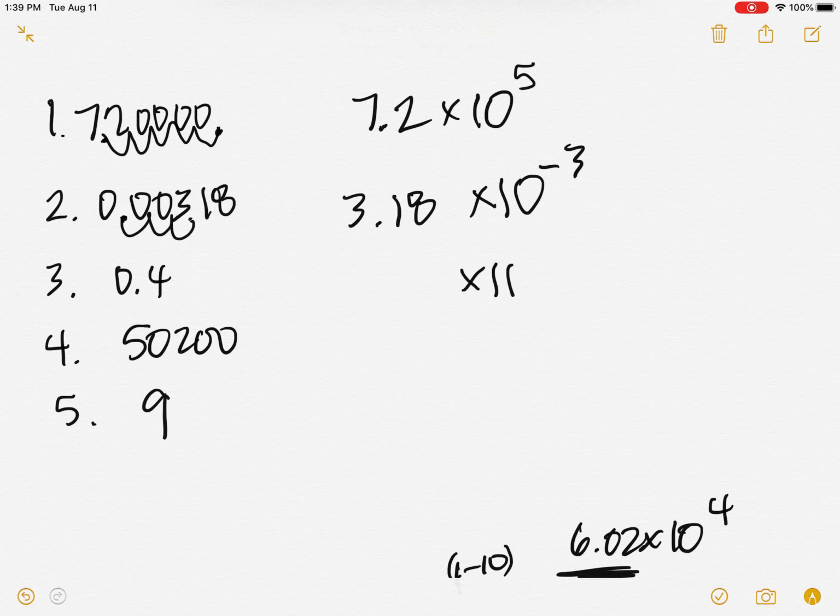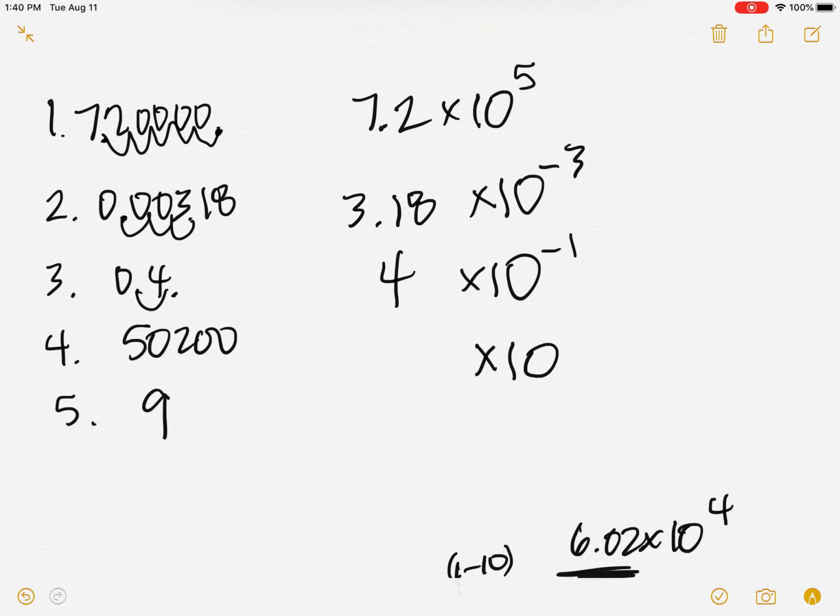0.4 times, so I know I'm getting ready over here. It's a decimal number already. It's going to be a negative. Where am I going to move that decimal point? Only to this side makes sense, making that number 4. And how many times did I move it? Just once. So 4 times 10 to the negative 1st. And number 4,